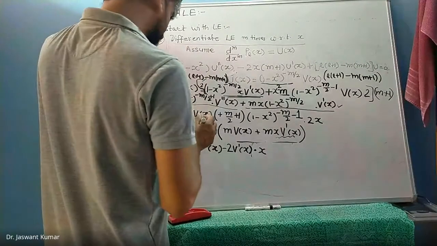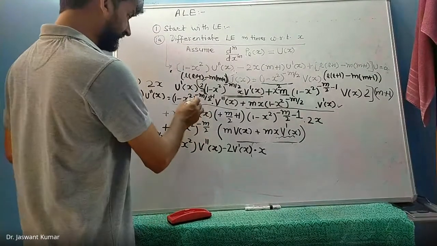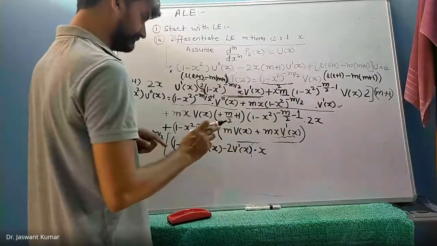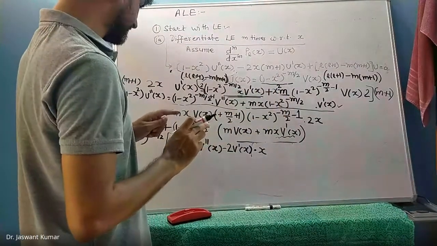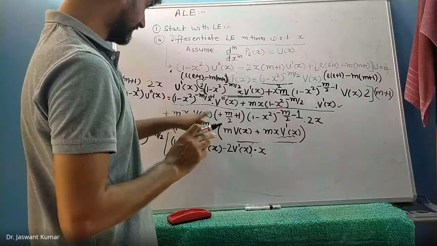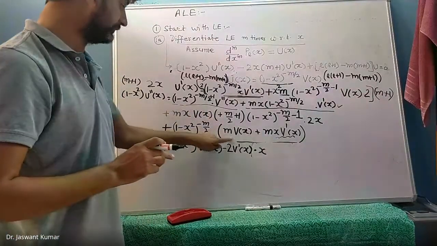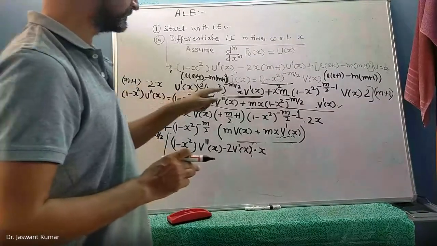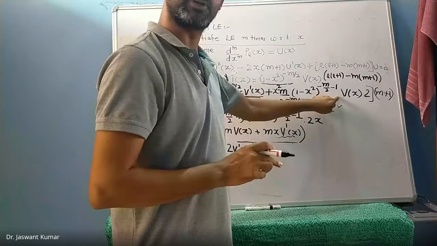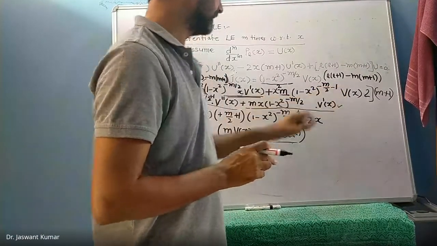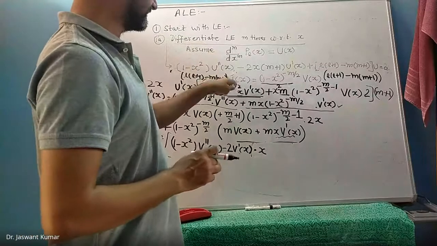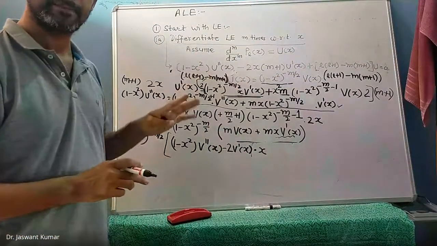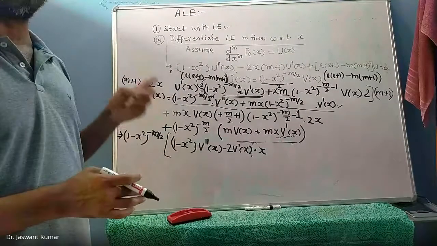So we have taken care of this term from the third term, this term from the third term, this term from the third term, and so on. So this term and this term are remaining because they contain only v of x. In the middle term, the second term, this particular term is remaining because this contains v of x. And in the third term, this term is remaining because the third term anyway contained only v of x. So now let us combine all those v of x.